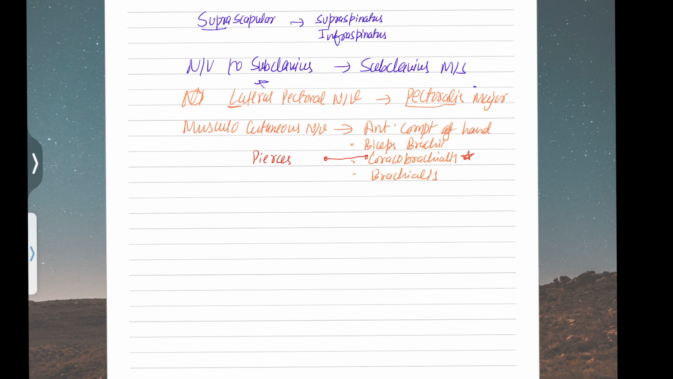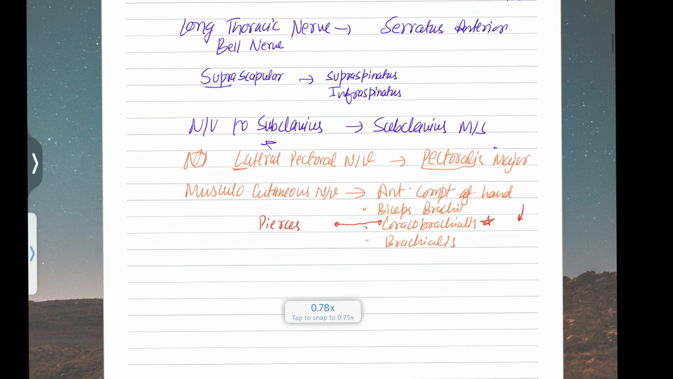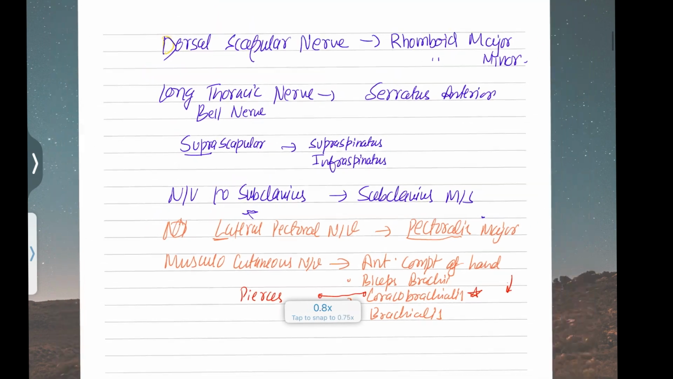It pierces and also supplies the coracobrachialis, and then it moves to the lateral side of your arm, and then it ends as the lateral cutaneous nerve of your forearm. It supplies the lateral part of your forearm as a sensory nerve. As I told you earlier, I'm not going to discuss the sensory part, because it is going to be a very, very long video if I discuss all that. So yeah,